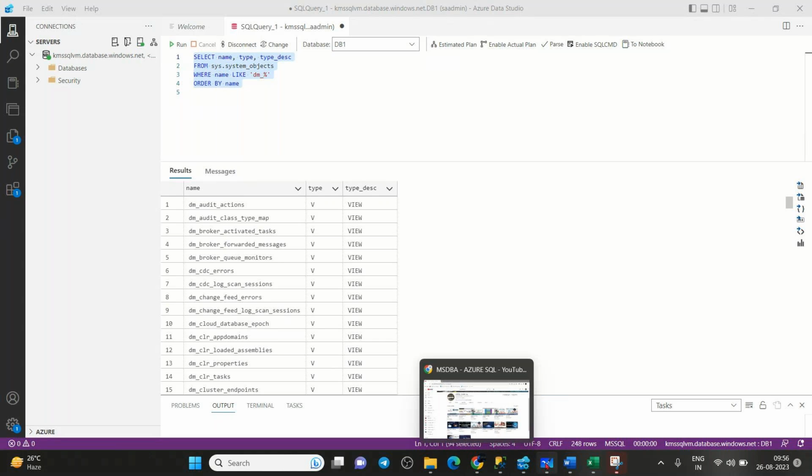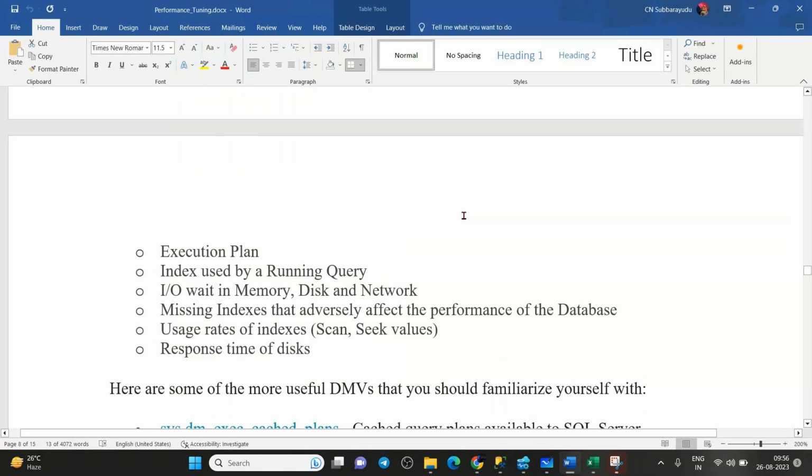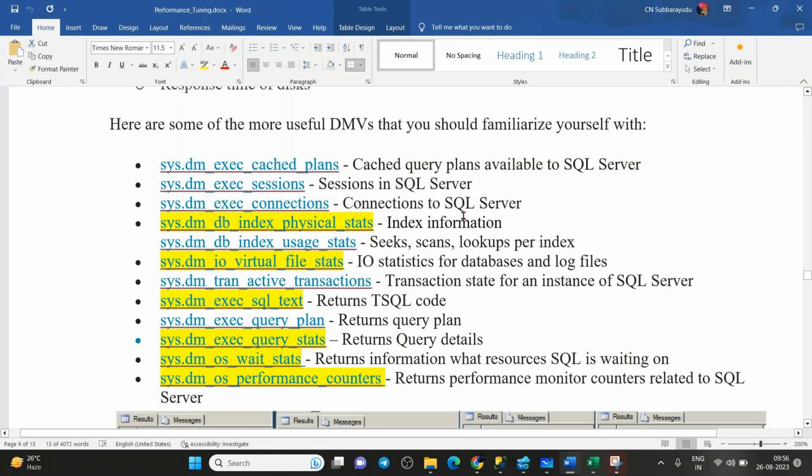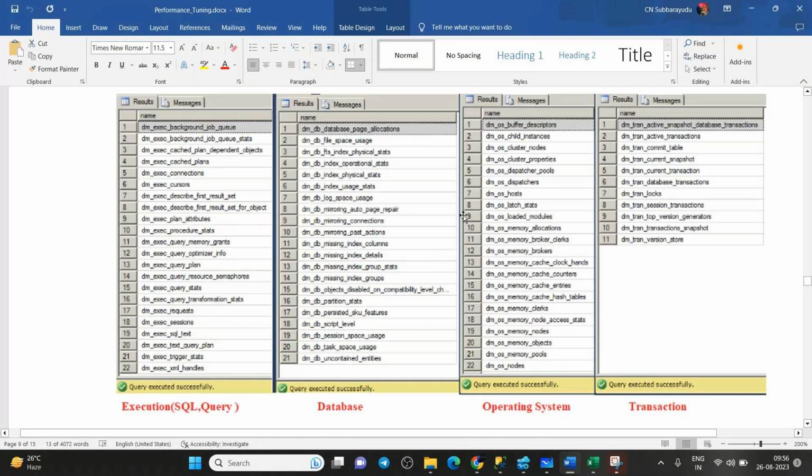Before going to the top DMVs or DMFs, Microsoft segregated these DMVs and DMFs into four categories. One is execution related information. If you want to see query execution, query plan, query connections, or query cursors, the DMV name will start with dm_exec. Whenever you see dm_exec, you are getting the execution related information